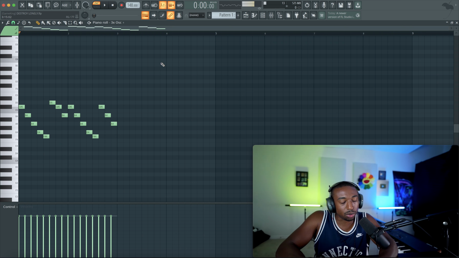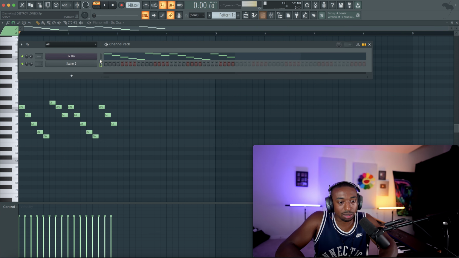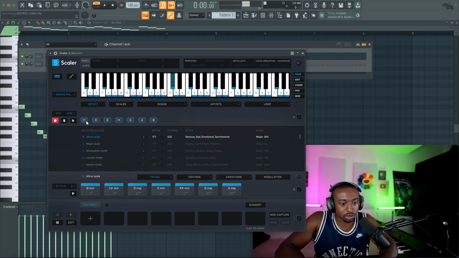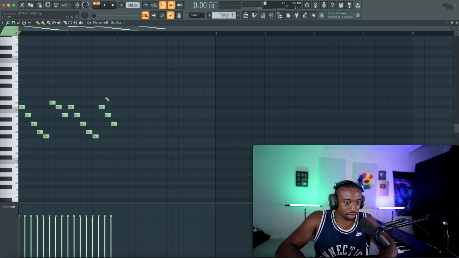So here's what we're going to build around, one of his top songs, No Stylist. We're in the key of B minor. Here are the notes: C sharp, D, E, F sharp, G, A, B. So basically you're just sharpening the C and the F, raising those up a half step.